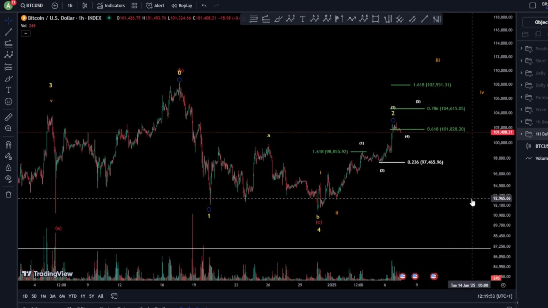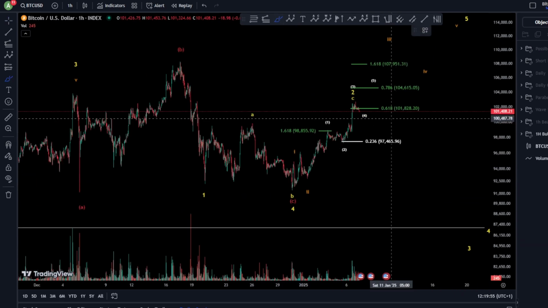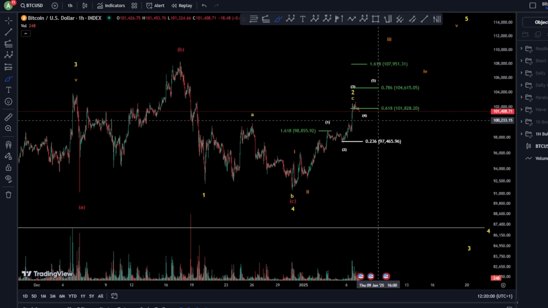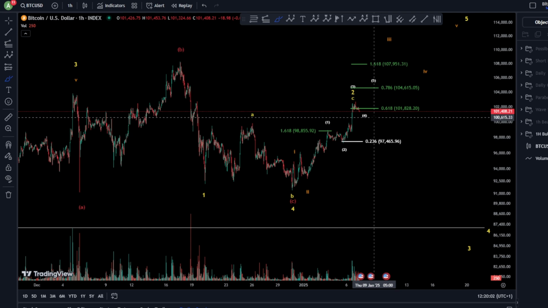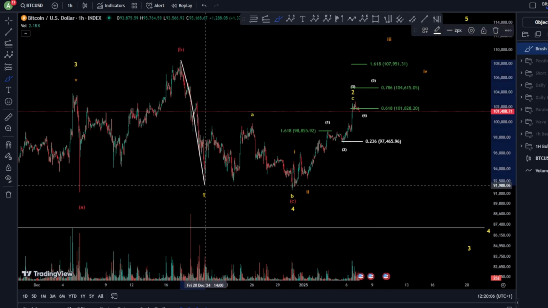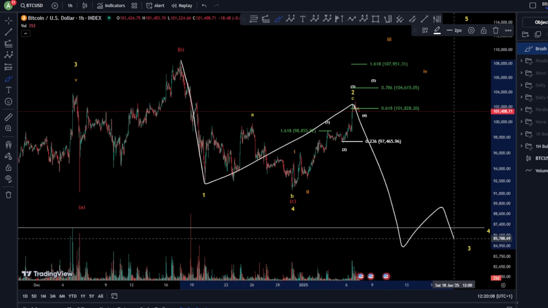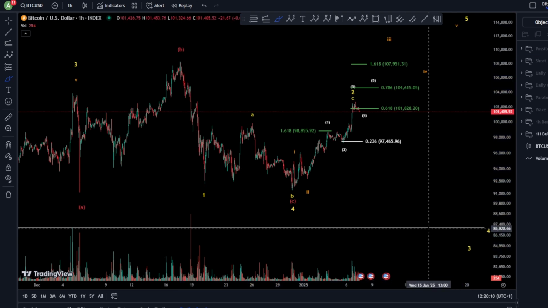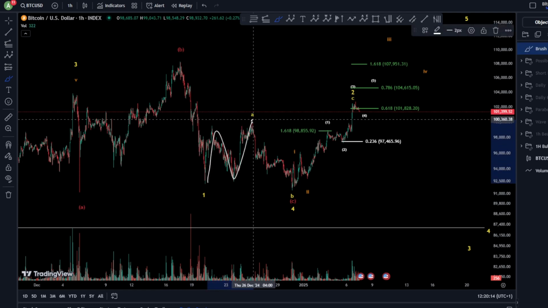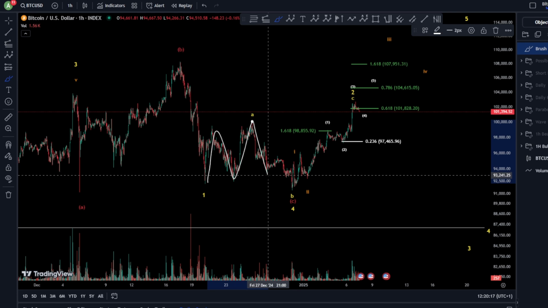Now, that of course opens a question mark. Are we continuing towards the upside, or are we already moving towards the downside with the bearish scenario? Because this is very, very possible, as we have here a possible 1, 2 and then 3, 4 and 5 continuation towards the downside. And of course your wave 2 here is already an ABC, 3 waves up, 3 waves down